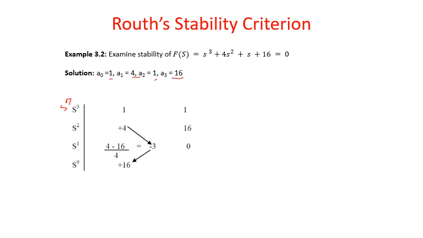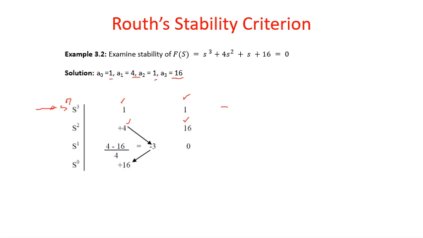For filling the first row, we use the coefficients, that is a0, that is 1, we are going to write. Then go to a2, this is 1, write the next coefficient here. Then we are not having any coefficients after this, so leave it blank. Then we have a1, that is equal to 4, fill it here. Then after that the next coefficient, as all odd coefficients have to be filled, we have 16. So we got the direct values of the S3 and S2 rows.